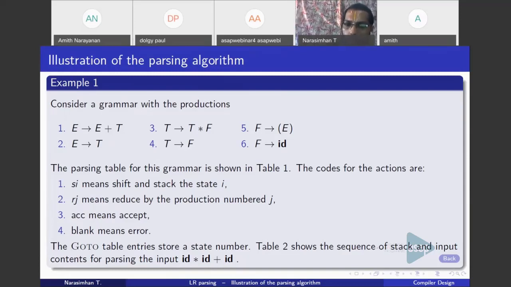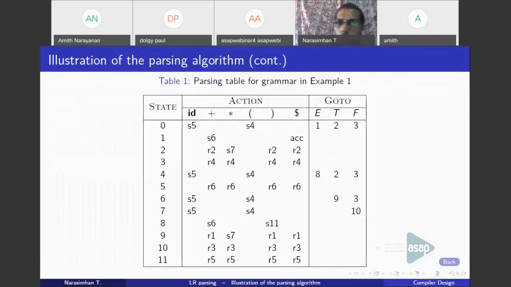For that, you will use these productions. Typically, you will be using the parsing table. Let us see what this parsing table is. So this is the parsing table. As I told earlier, the parsing table has got 2 parts. One is known as the action part. The other one is known as the goto part. The action part just specifies what is the action to be taken. So you have the combination of state symbol and input symbol. For this particular combination, what are the actions to be performed, that is specified in the action part. As I told earlier, the goto part just specifies the state number. It is just denoting the transition table of the finite state automaton.